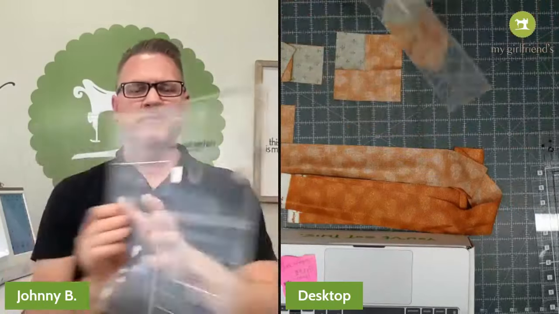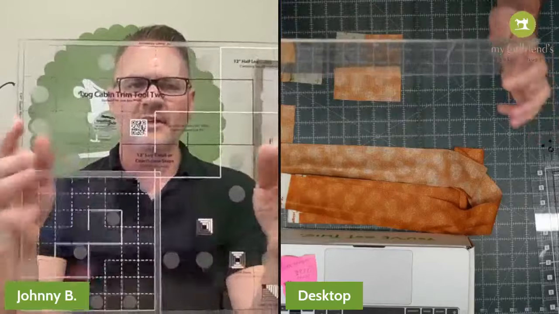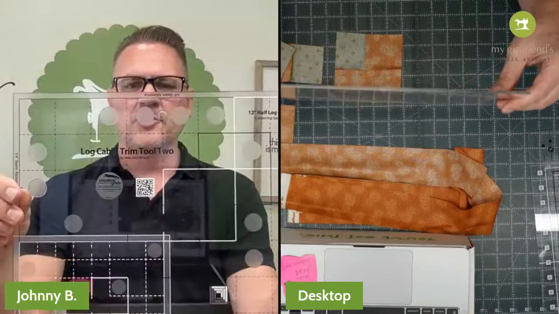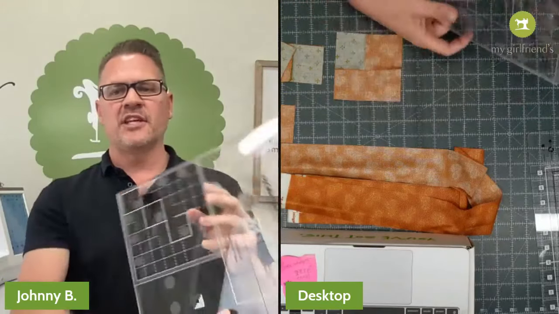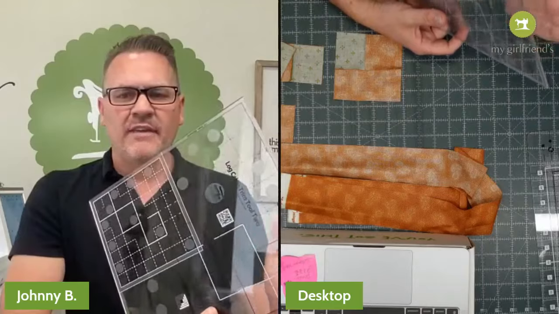Okay, that's better. Then we have this super cool ruler, I had him get this in specifically for me. So this is the Log Cabin Trim Tool 2. The Log Cabin, Jean Ann Wright for Creative Grids, she came out with the 8-inch first, and then she came out with this one, which does 6 and 12-inch blocks. And what's really great about these